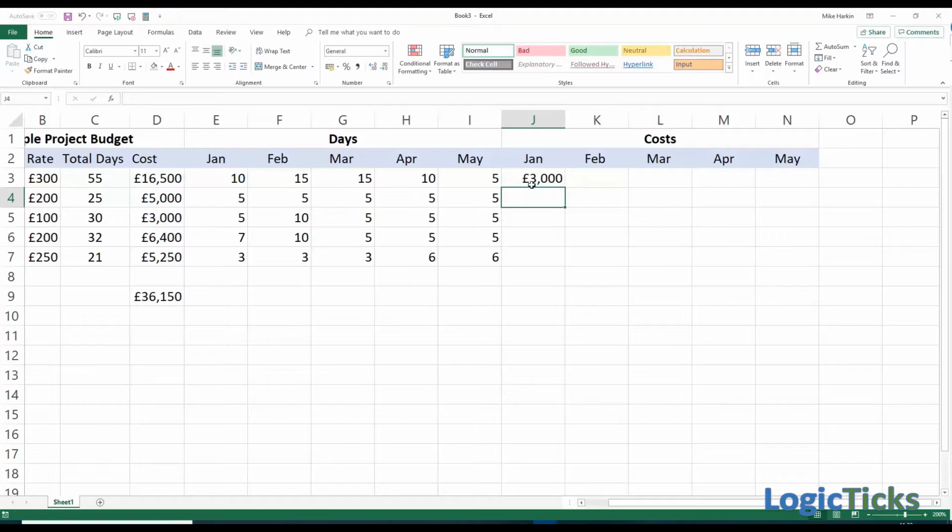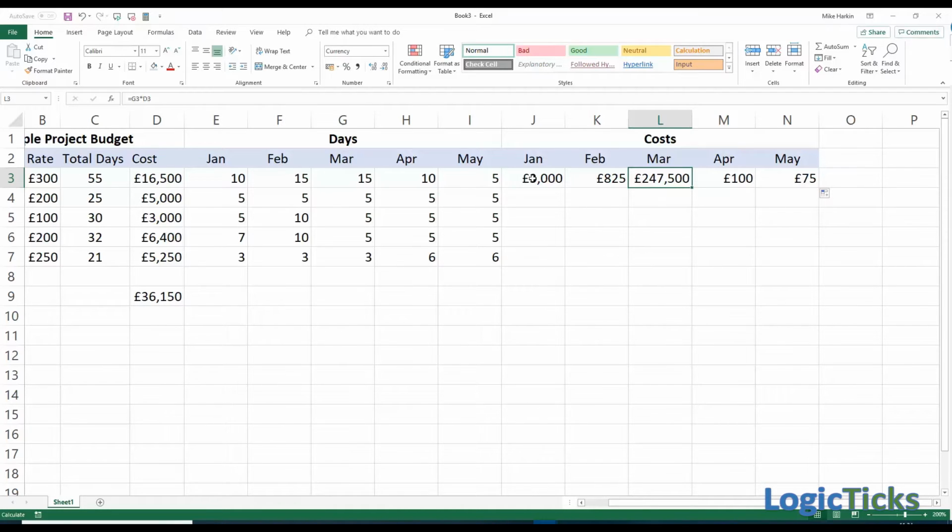Now ideally what we'd want to be able to do is actually use the same shortcut and drag that across, but it's going to give some unexpected results, because we wouldn't have expected March to be quite so big, and the others don't look quite right either. So when you copy a formula, it will copy the formula and it will do it in what's called a